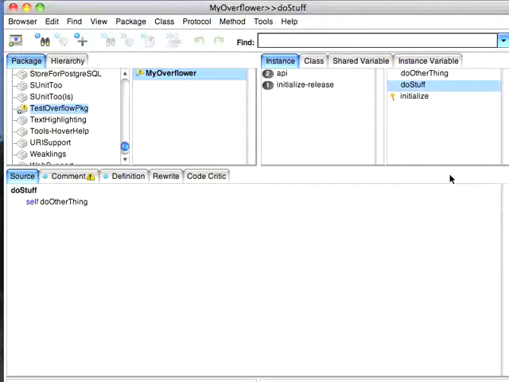This morning I'd like to go through detecting stack overflows in Smalltalk code. To give you an example of what I'm talking about, I created a small package with one class, and the doStuff method calls doOtherThing, and then doOtherThing calls doStuff. Obvious infinite loop. Not the kind of mistake you'd be likely to make in real code, but I've made similar